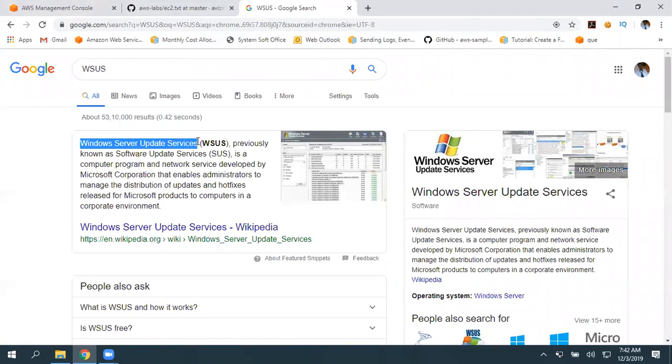So you need to have a server. Whatever patches come, first you will get the patches here, and you can test, or you can exclude, or you can include some packages. Then you can push to your entire network whatever packages you want. So you can implement it in this mechanism also, but again you need to run a dedicated server, add all the machines, and maintain a domain. Basically, this works in a domain controller mechanism only. So in a workgroup mechanism or standalone mechanism, it will not work.